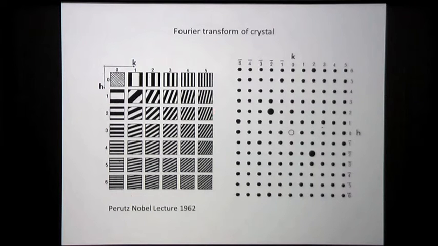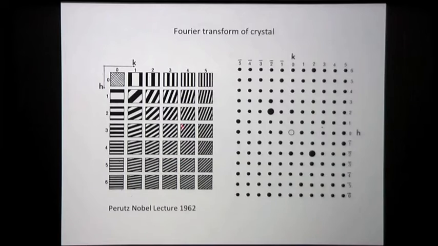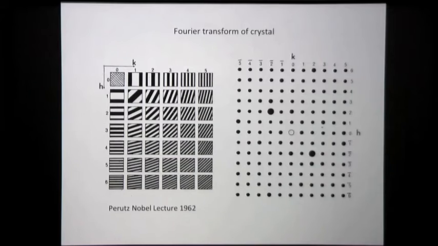So you can think of the Fourier transform as a tableau which lays out the strengths and directions of these waves into which you can break the object or the image. In X-ray crystallography, this would be the X-ray diffraction pattern, and for X-rays you can record the intensity of that,